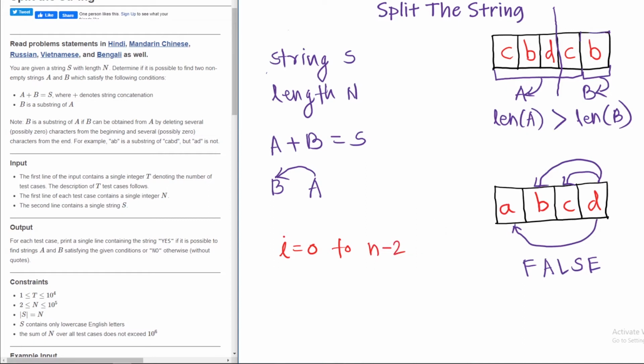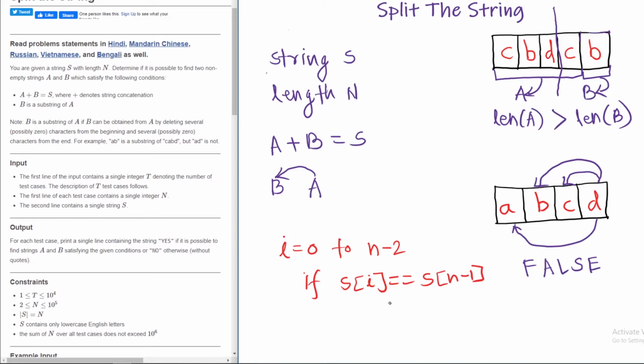We will iterate our loop from 0 to n minus 2, because basically the n minus 1 character is the last character to which we are going to compare. So in each iteration we will compare every character of the string with the last character, and if the last character exists anywhere except at the last position, it means we can make the pair A plus B with all the constraints.